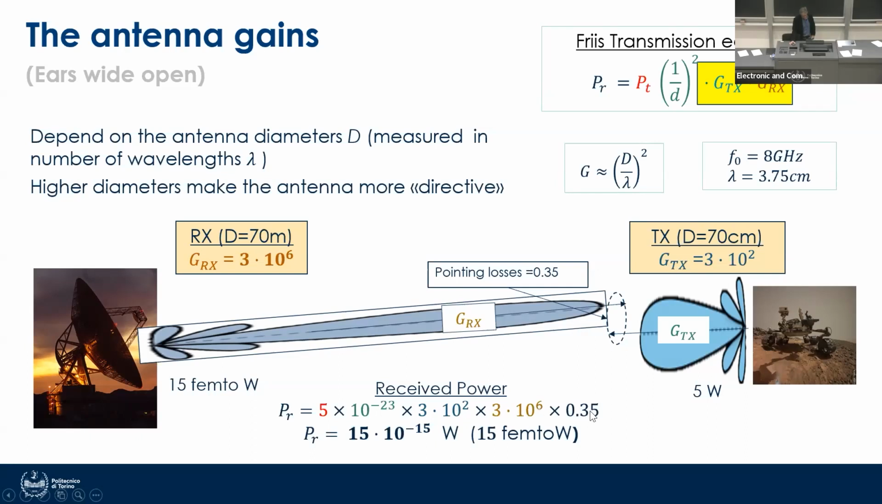And on top of it, I added this 0.35 that is related to the so-called pointing loss. The antennas that you are using at the transmitter and at the receiver are highly directive. And so you need to point one antenna to the other one. If you make a mistake in this pointing, and this is quite normal for very highly directive antennas, then you have